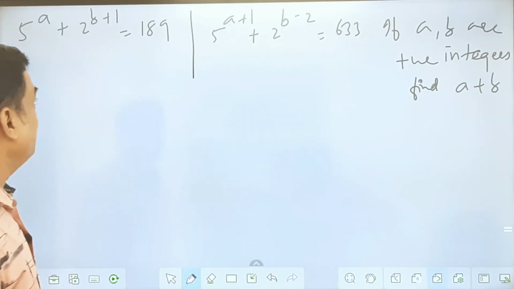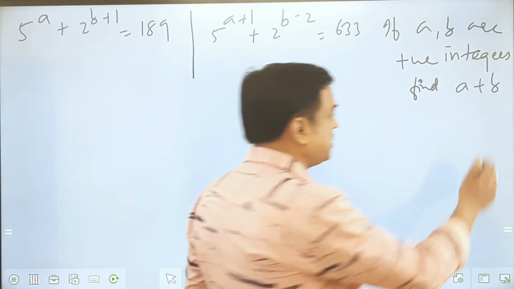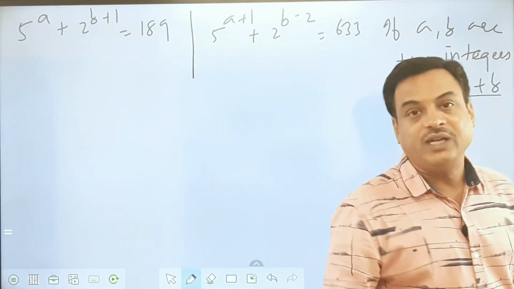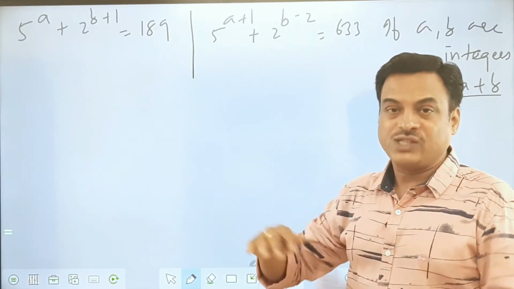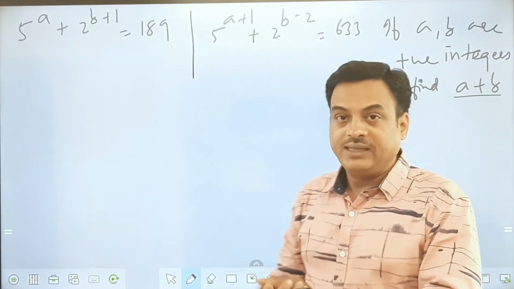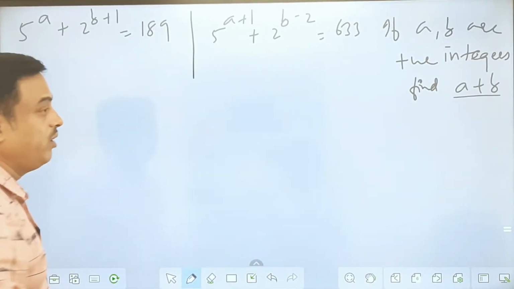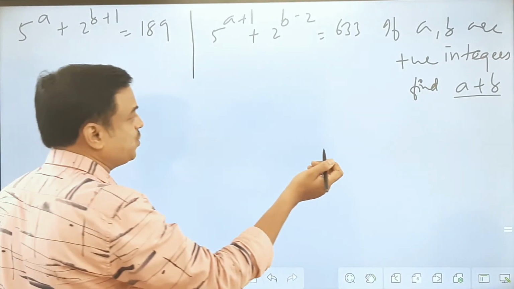Let's see one more example. In this, the question here is to find the value of a plus b. And for that he gave us two equations, solving 1 and 2 we can do it, and then we can get the answer here in this case. Okay, all of you. So there are examples which I will show you here.